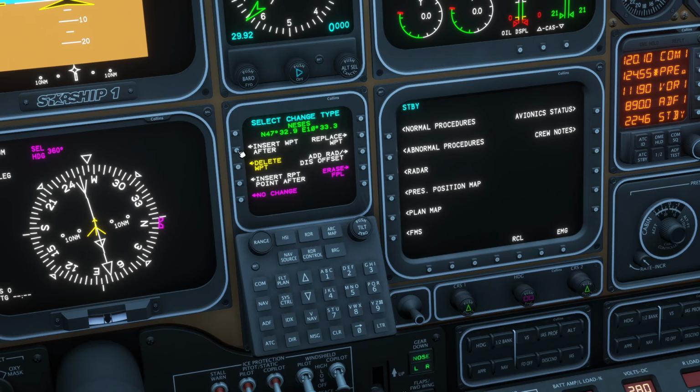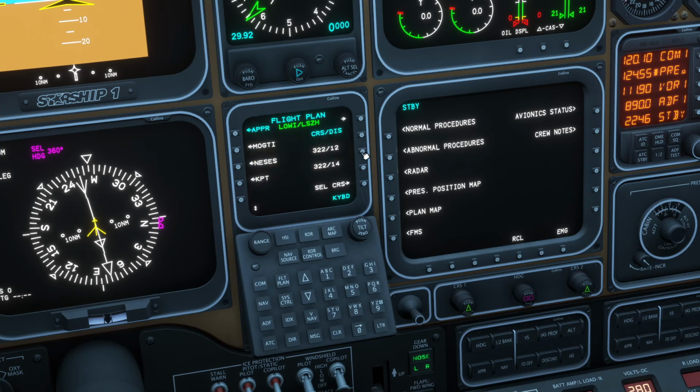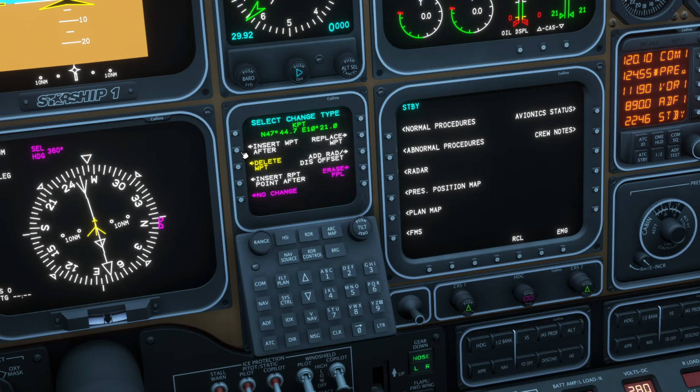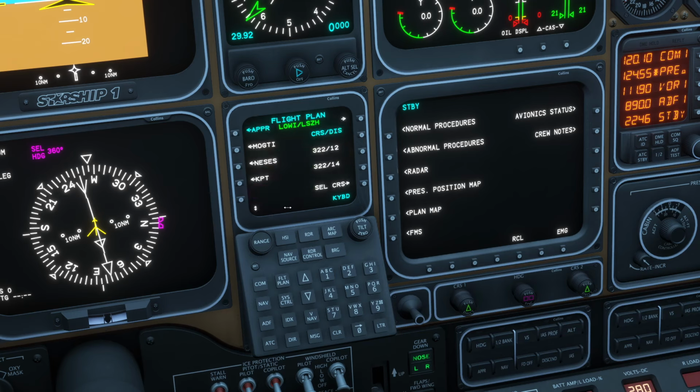We have a couple of different ways we can do this. So insert after Nessus, we want to insert keyboard KPT. So enter, enter. And then after KPT, we're going to insert a waypoint, bring up keyboard SIXWA. Enter. Yes. And after that, uh-oh, it's not on the screen. Scroll down, SIXWA, insert after, and we go Ravid, RAVED,